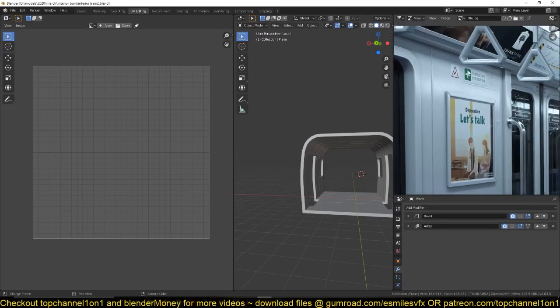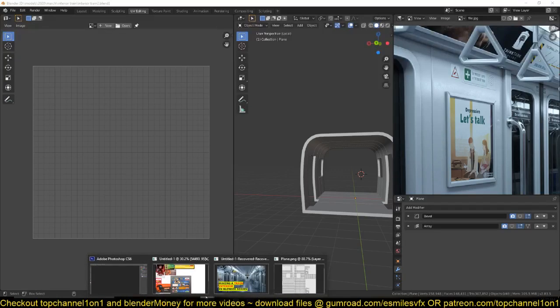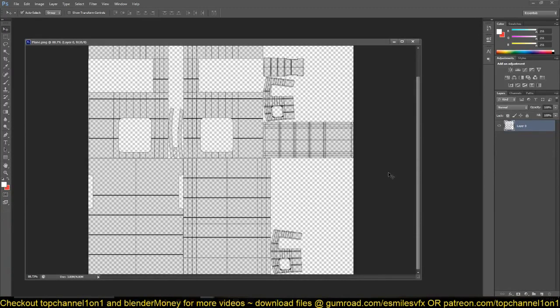So let's first work on this here, and I need to first identify what part that is. So to do that, what I'm going to do,